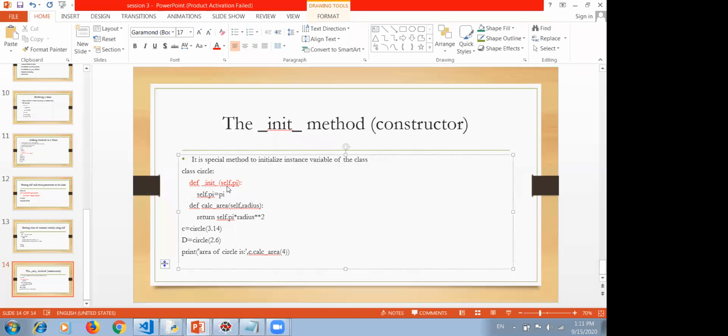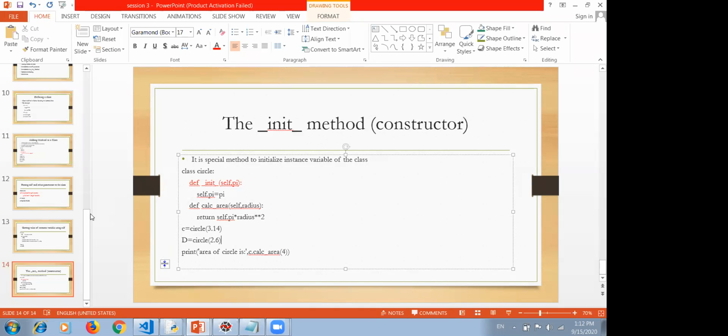So there is no need to call this function. The init function works automatically. It is a special type of function which is used to assign the value to the instance variable, and automatically it is called when an object of the class is created.